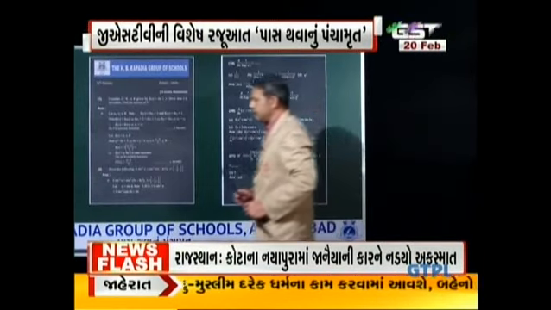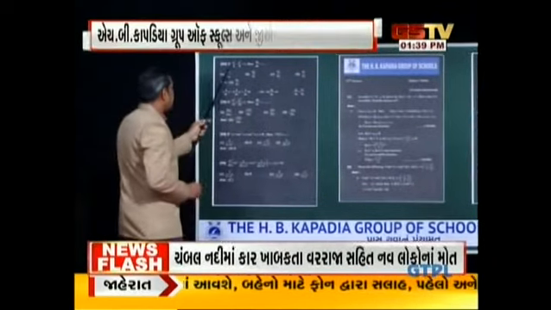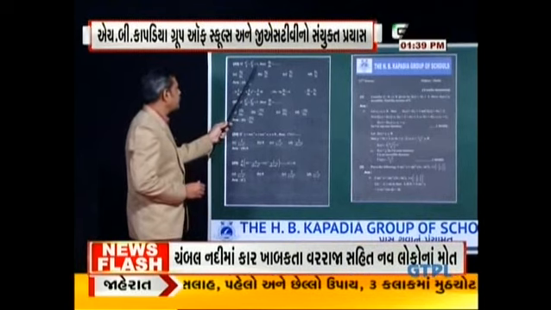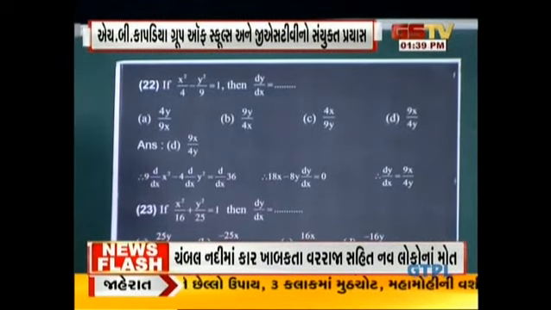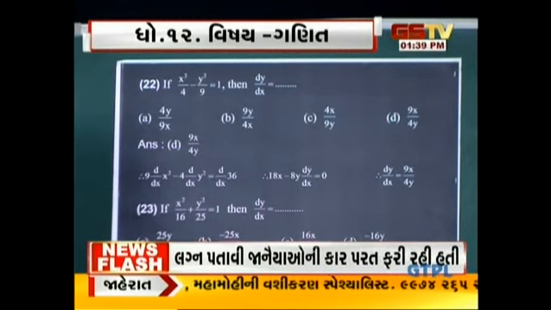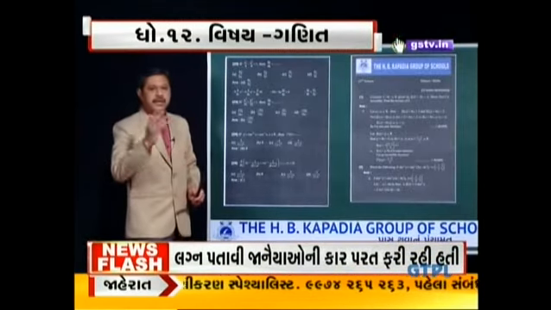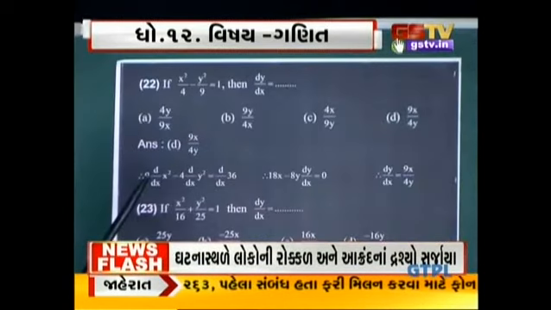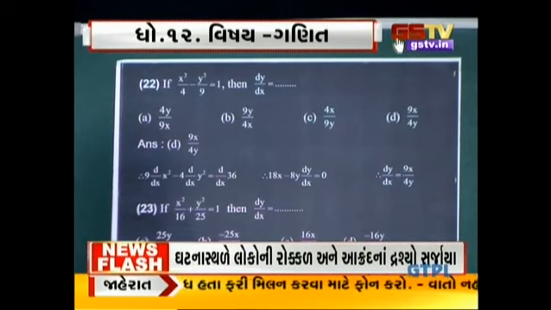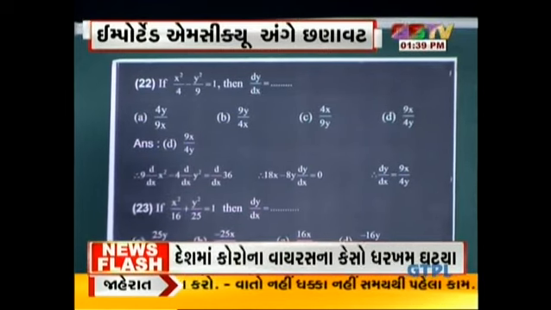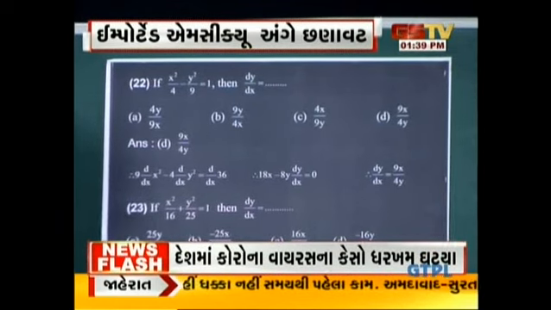Next MCQ question number 22. If x square upon 4 minus y square upon 9 equals to 1, then find the value of dy by dx. Student, it's a implicit function because variable x and variable y given. Okay, so first differentiate both sides. So 9 into derivative of x square minus 4 into derivative of y square from d by dx of 36, and from the derivative result we get the